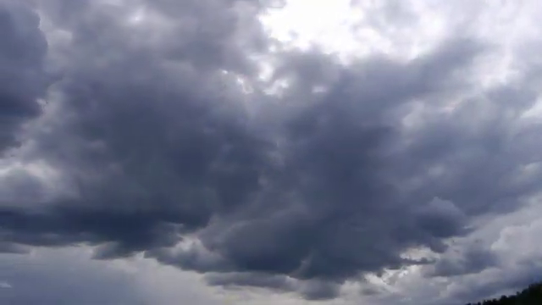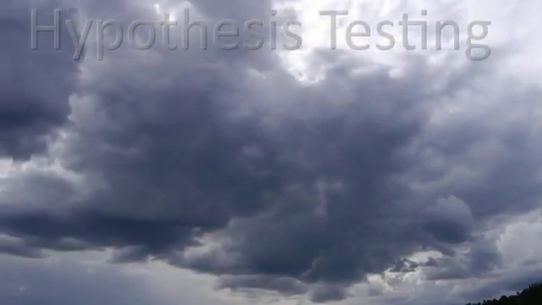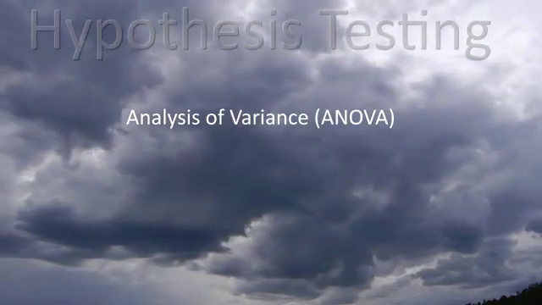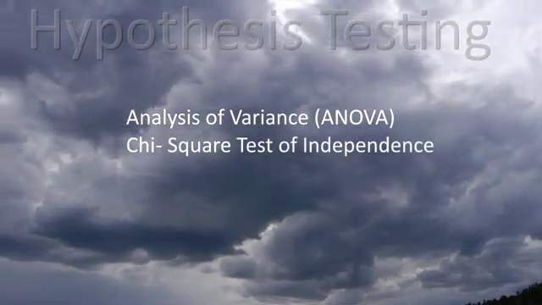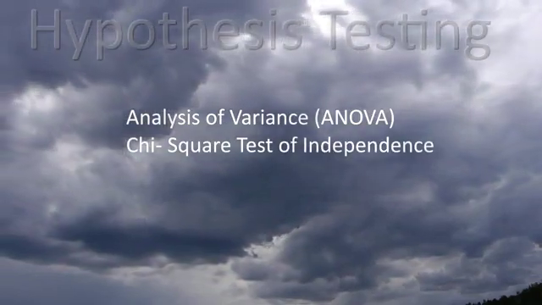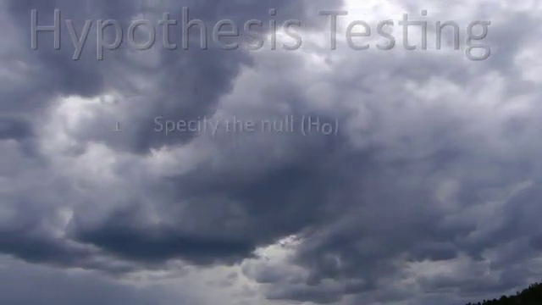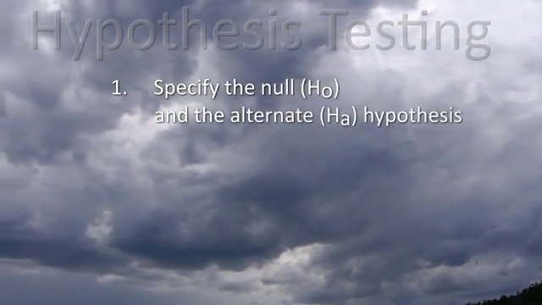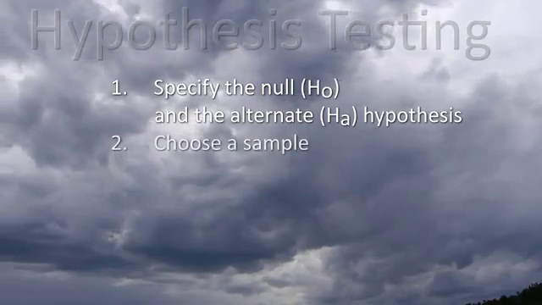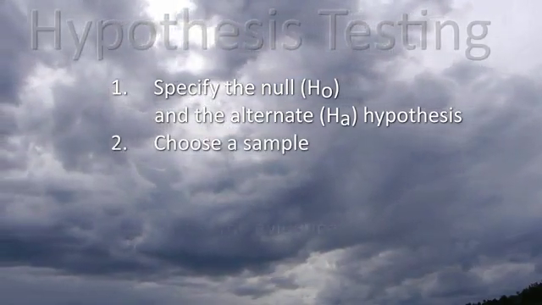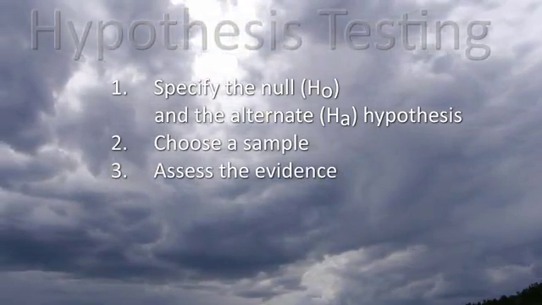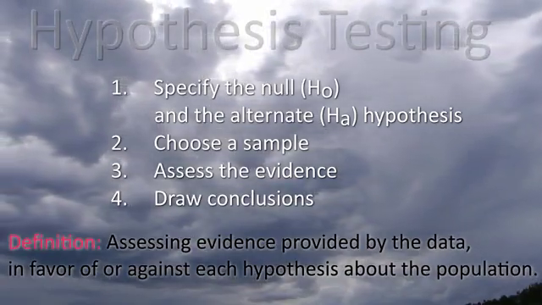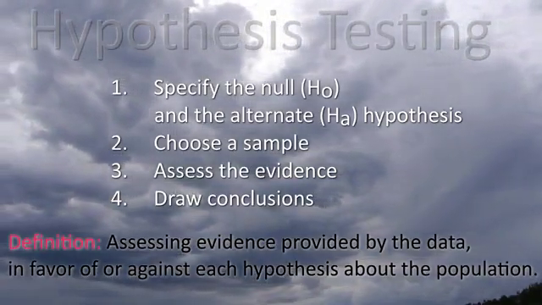A variety of statistical tests are used to help arrive at these decisions. For example, the analysis of variance tests, ANOVA, and the chi-square test of independence, to name a couple. But they all include the same basic steps. Steps involved in hypothesis testing include specifying the null hypothesis, H subscript 0, and the alternate hypothesis, H subscript A, choosing a sample, assessing the evidence, and drawing conclusions. Statistical hypothesis testing is defined as assessing evidence provided by the data in favor of or against each hypothesis about